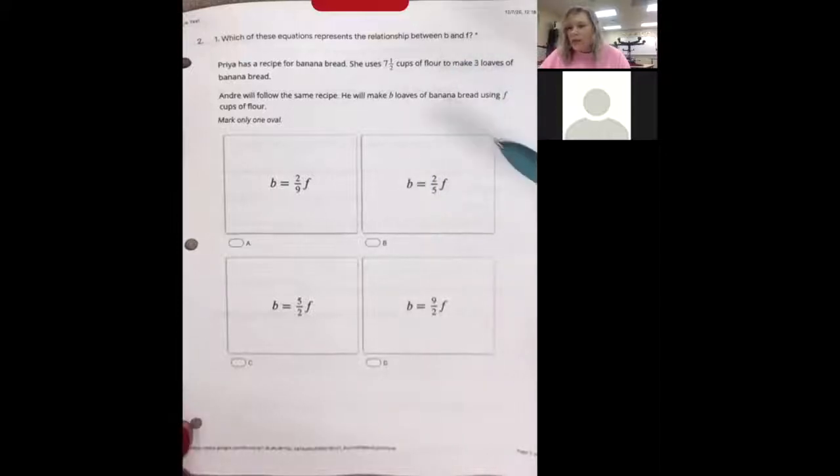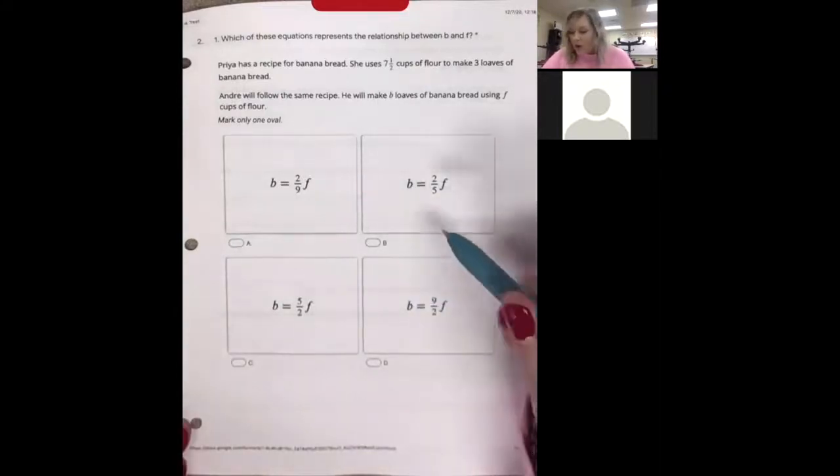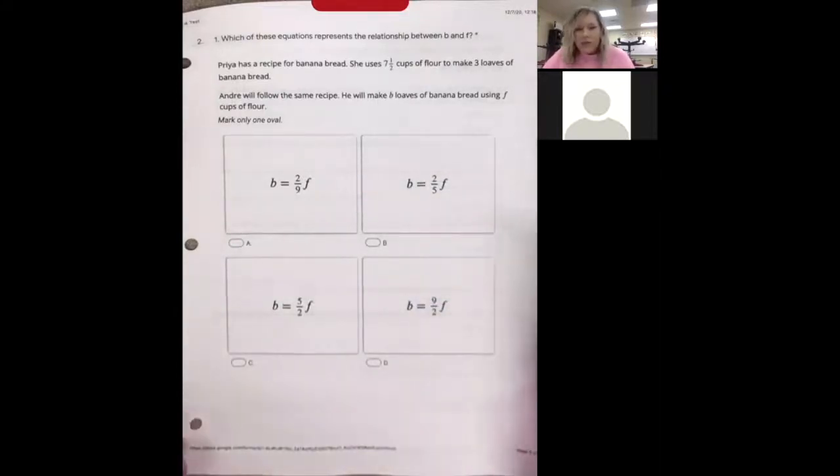Number 1, so which of these equations represents the relationship between B and F? Priya has a recipe for banana bread, and she uses 7.5 cups of flour to make 3 loaves of banana bread. Andre is going to follow the same recipe, so he will make B loaves of banana bread using F cups of flour. On our multiple choice, we see that they all are B equals,